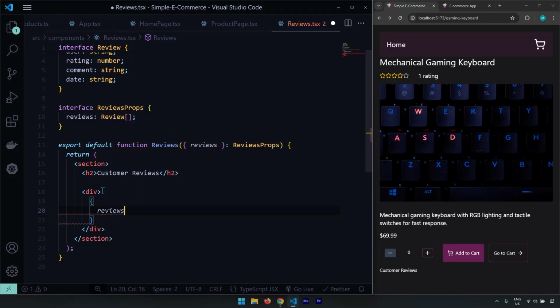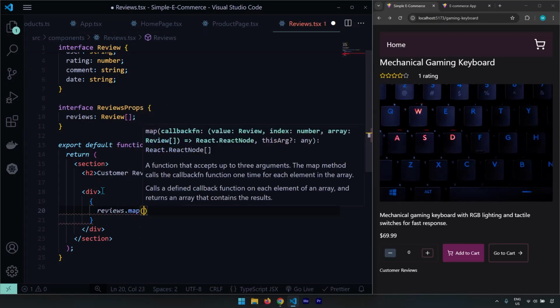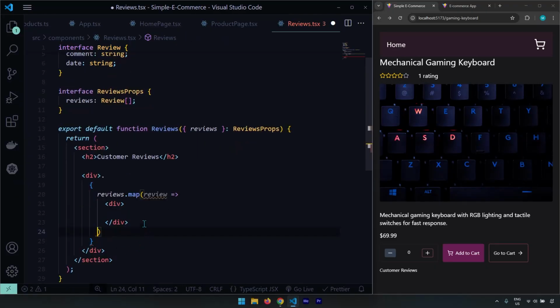So we select something. Now, the general way of iterating and showing this kind of stuff is you select something that's an iterable or countable or an array, and you map over it. The map is going to give you something, and that thing in this scenario is a review. And every time you have a review, you generate HTML. But keep in mind not to return from the map method. Just have an implicit return, not an explicit one. Within the div,